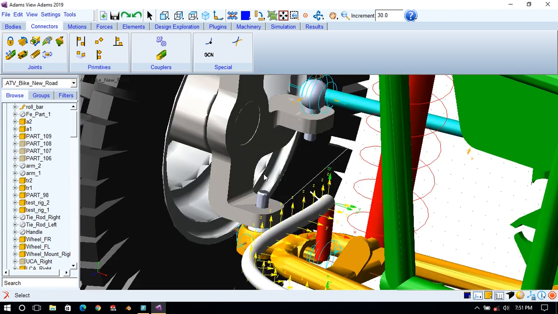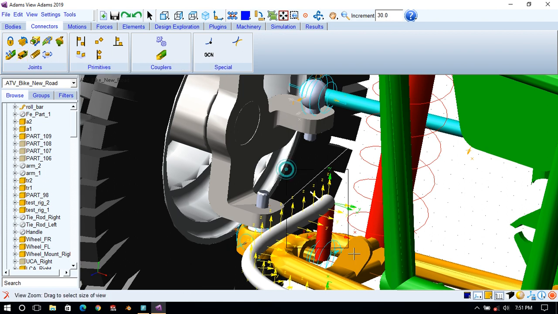Now there will be a CV joint, or constant velocity joint, between this anti-roll bar, sometimes also called sway bar, and this arm. So here if you go, create constant velocity joint or CV joint, or you can also create a universal joint or hook joint.